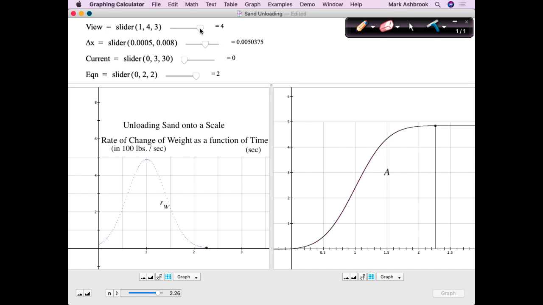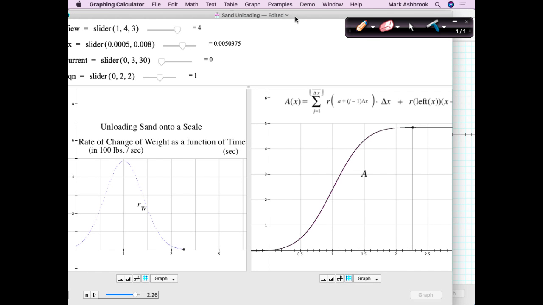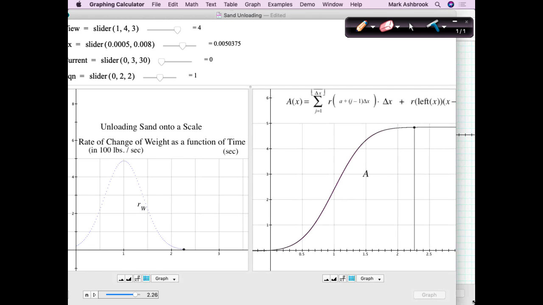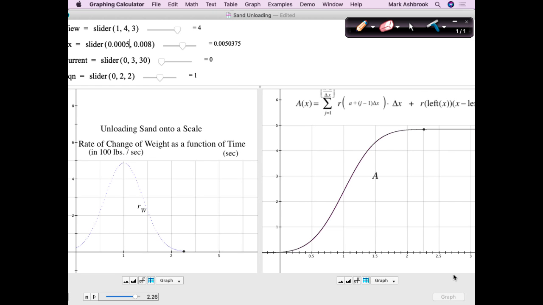So how close is small enough? It's whatever delta x such that if you make delta x smaller, you wouldn't get something different. It's just the same thing over and over again. That's small enough. And so then when we reach that exact net accumulation with delta x really, really small,